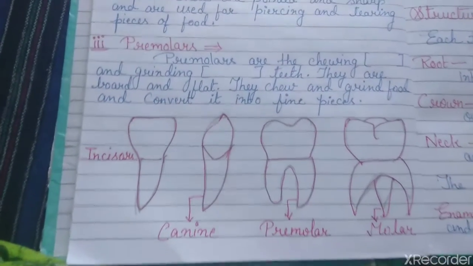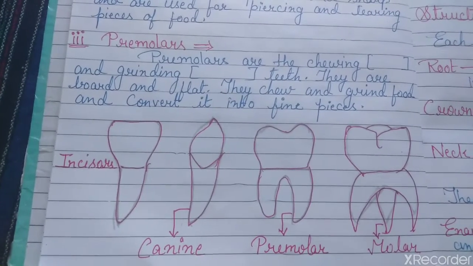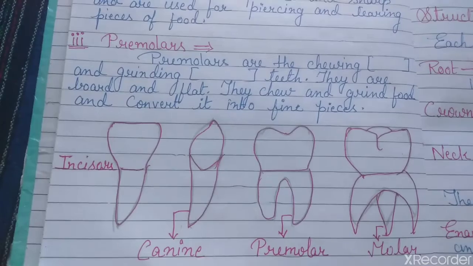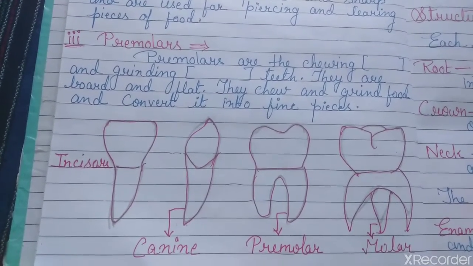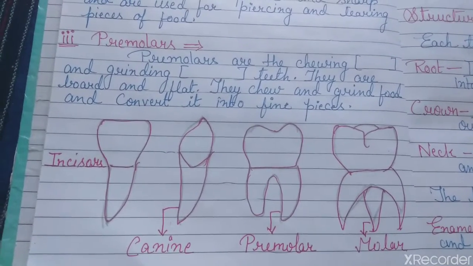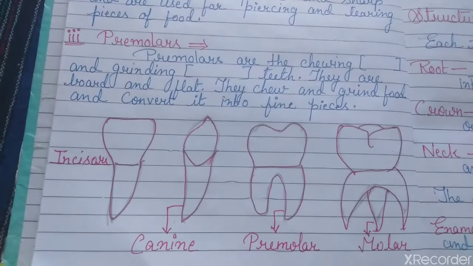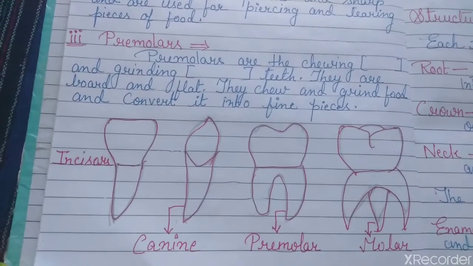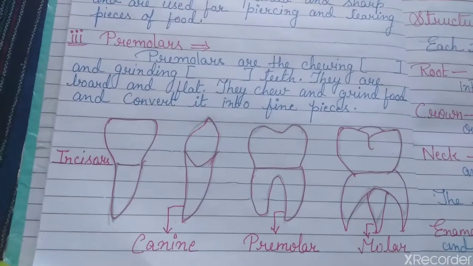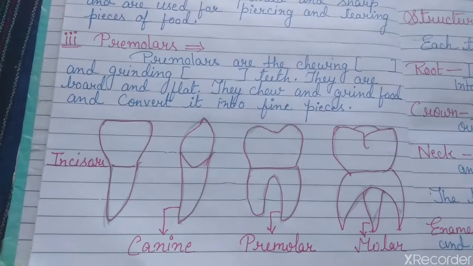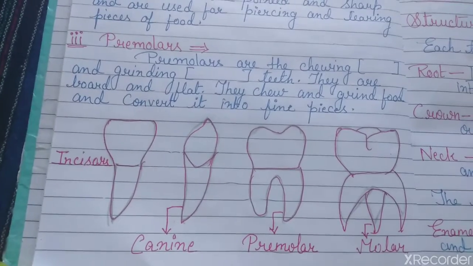different types of teeth. See how they look in shape and size compared to each other. This is an incisor, the first one. The second one is a canine, the third one is a premolar, and the fourth one is a molar. That means out of these 4, the molar looks similar to the premolar, but is larger in shape. Okay, up till here I think it's clear that you can look at these 4 types of teeth in your own teeth.